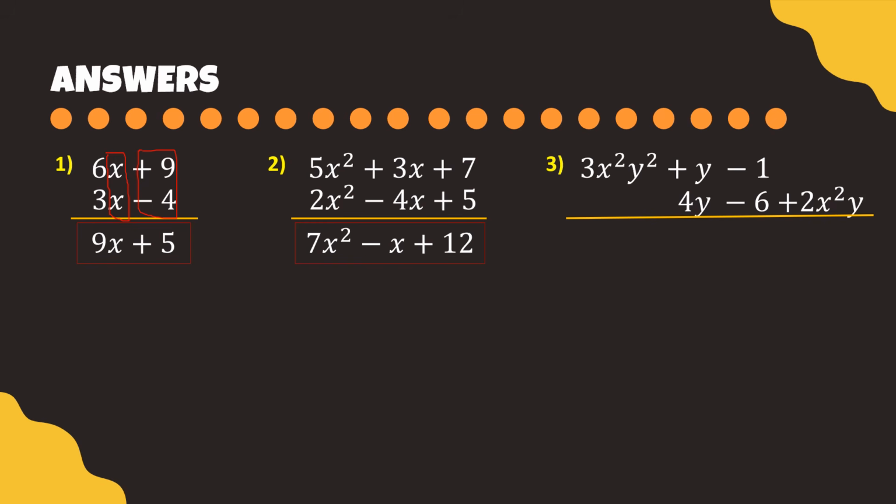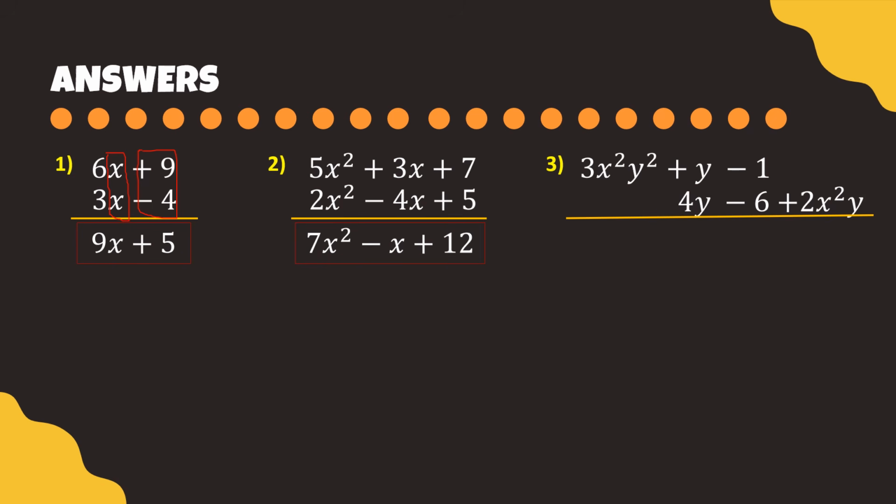Again, if we have the same signs, positive plus positive, you simply add the numbers. If you have different signs, you are going to subtract them and copy the sign of the number with the bigger absolute value. So for example, in this case, positive 3 plus negative 4, we are going to subtract them and you have 1. It is understood that you have 1 there, so you need not write it. And adopt the sign of negative 4 since 4 has greater absolute value than 3. Then 7 plus 5, you have 12.